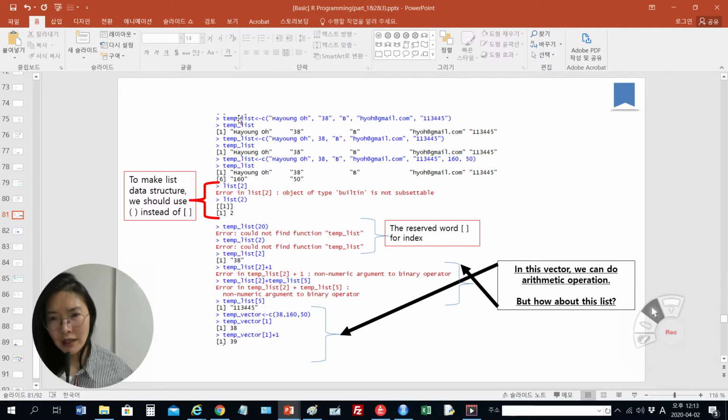When you look at the first command, even though the variable name is list, this command is just a vector. And when you check the vector, the elements are all string data, right? So naturally, we cannot do the arithmetic operation on this vector, right? But how about this